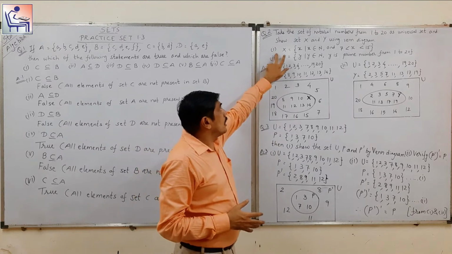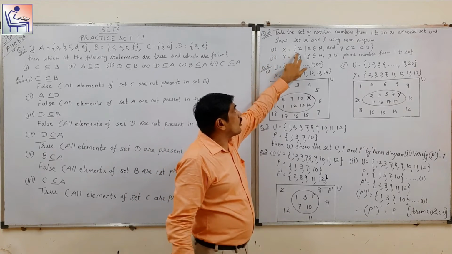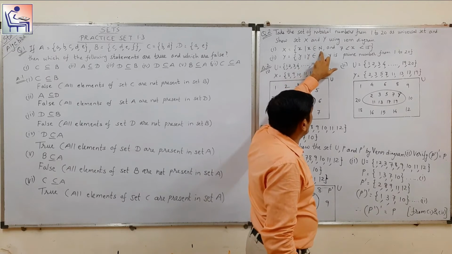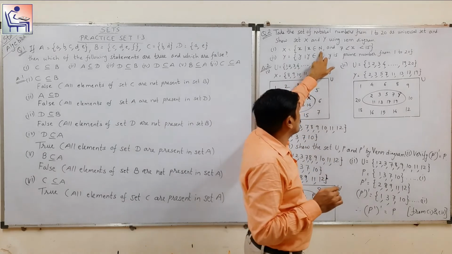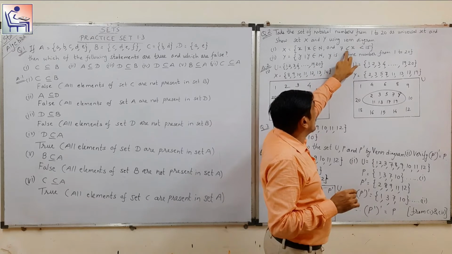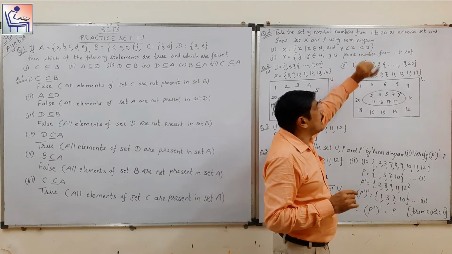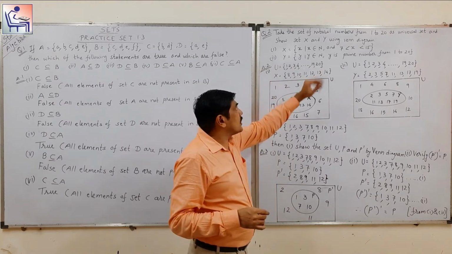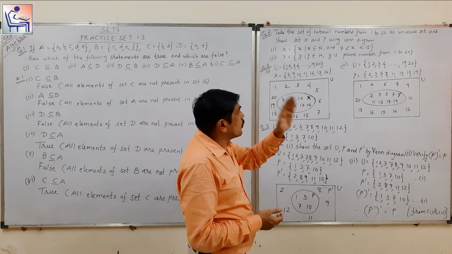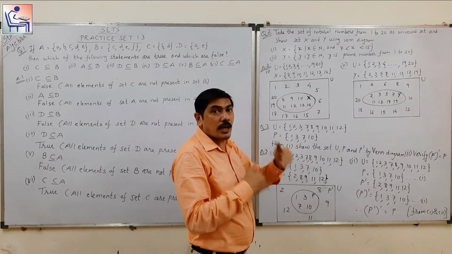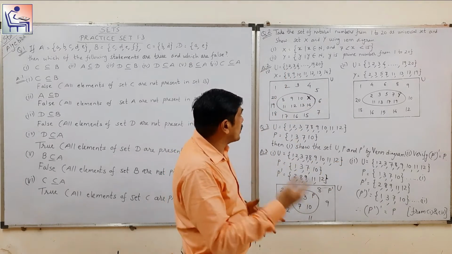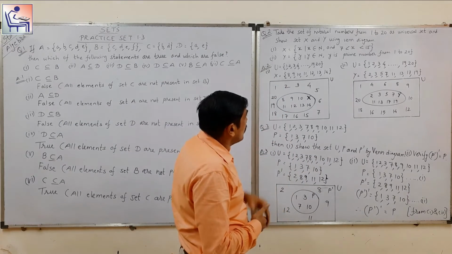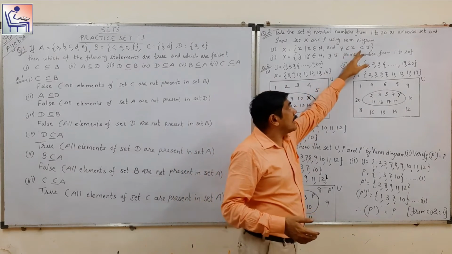So here the set X is a set of all X such that X is an element of natural number. N stands for natural number and X is greater than 7 but less than 15. It means, here, what will the universal set be? So 1 to 20, it means 1, 2, 3, 4 and so on up till 19, 20. So last element is 20. And the set X is greater than 7 but less than 15.